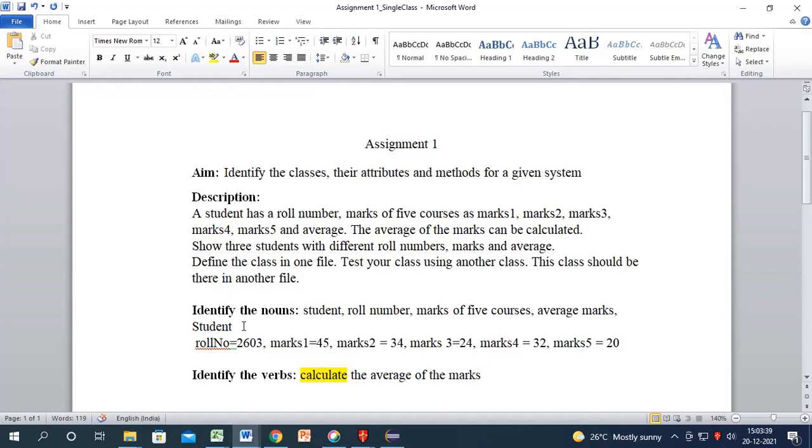So that's not a big deal. So to come up with a student as an object, you need to know the roll number, you need to know all the 5 marks, and of course you need to know the average, but that average can be calculated using the behavior of the student, calculate the average marks.